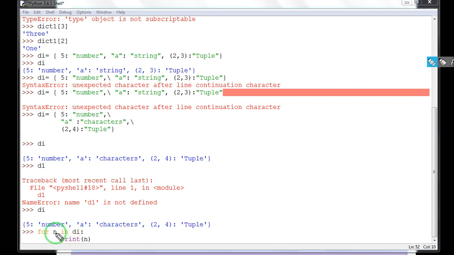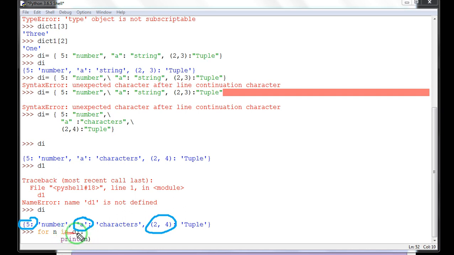First suppose 5 will come inside n, then you can print that key over here, then the next key will be stored inside n, and then the next key. One by one all the keys will be stored inside n. Suppose there are 10 keys, all those 10 keys will be assigned to n one by one, and then you can use that value inside the body of the for loop.